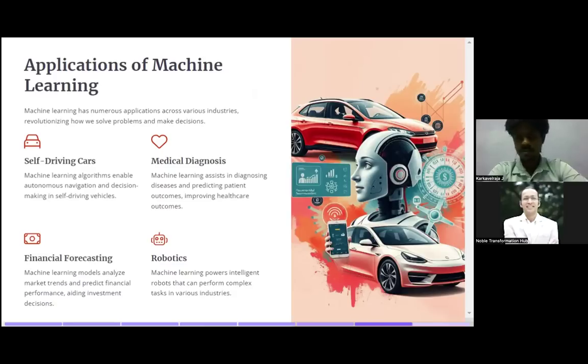Finally, robotics. Machine learning algorithms power intelligent robots that can perform complex tasks in various industries. A robot is like a replica of a human, so it acts in the environment the way a human would. Those things are done by these machines.